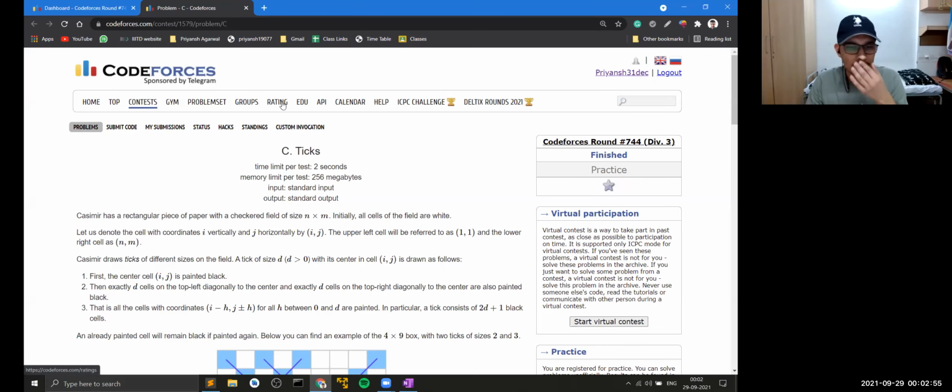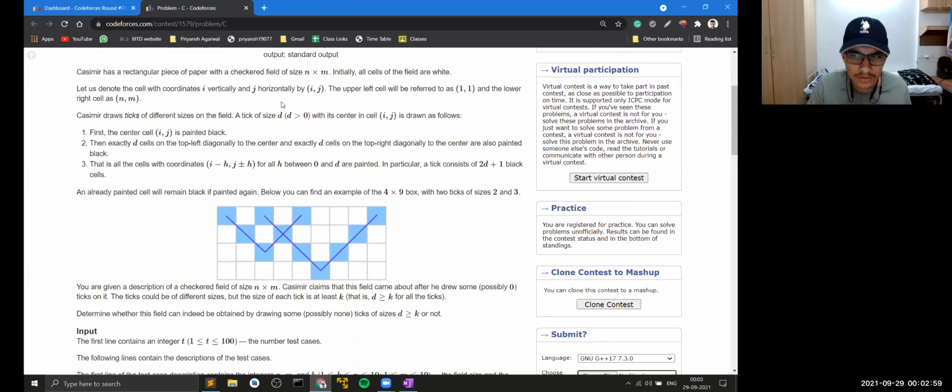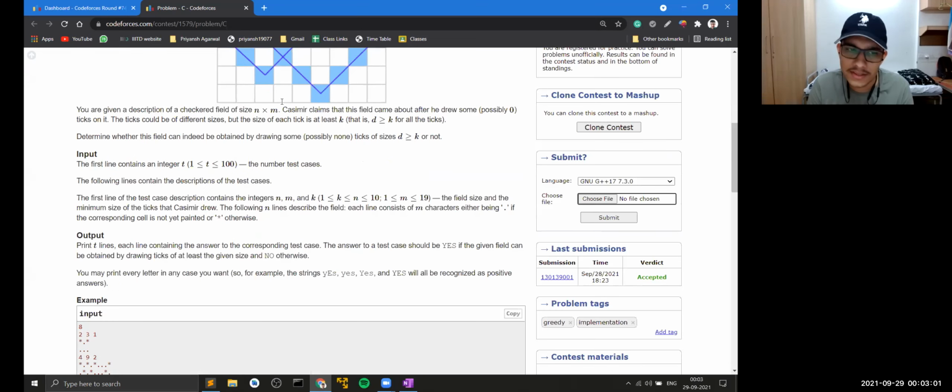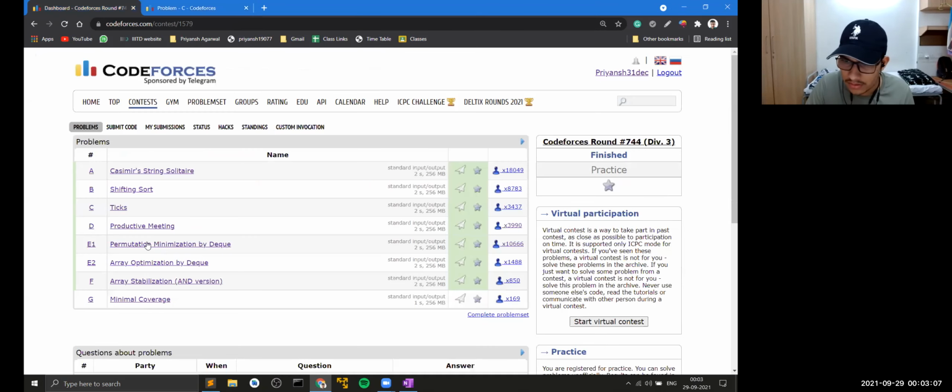Okay, cool. So now this problem, first of all, I'd like to know how many of you already did this problem. Like if it is a very difficult problem, then I can probably start with E1, because E1 was much easier. So which problem would you guys like me to start with, problem C or problem E1? Even. Okay. Yeah, so let's begin with problem E1.